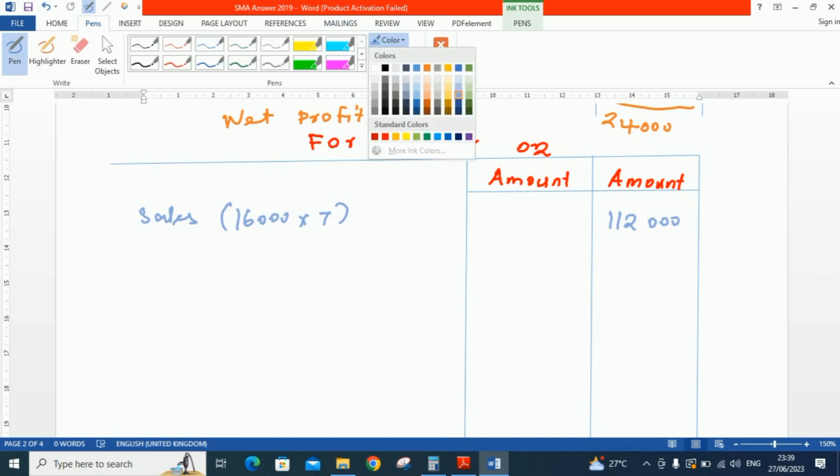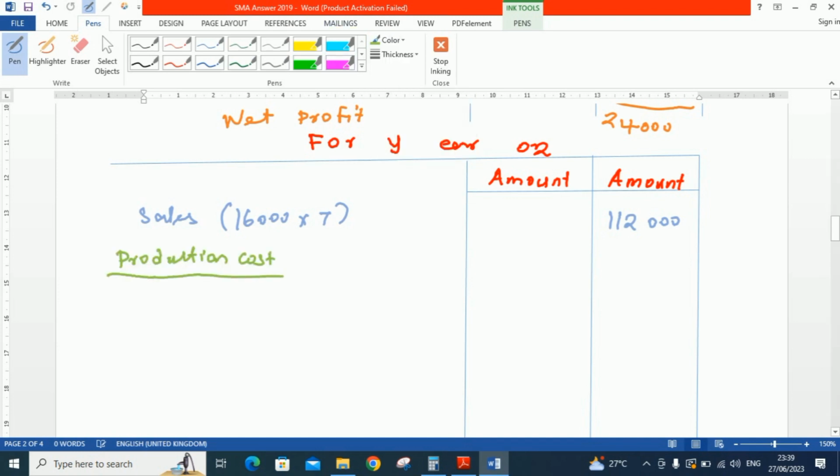And we need to calculate the production cost: opening stock, production unit, then minus closing stock. So opening stock 4,000,